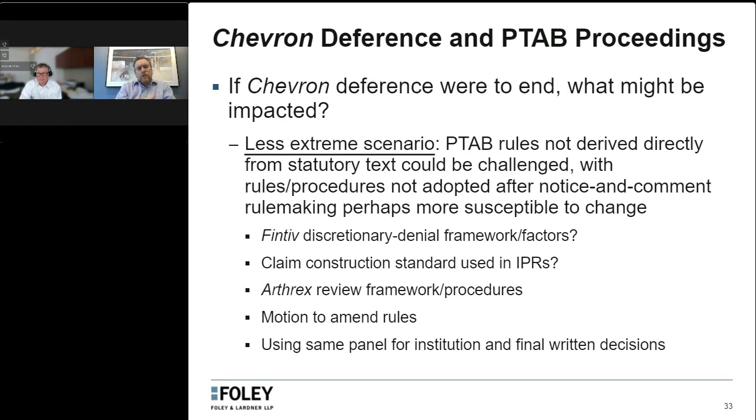We know, as George just mentioned, there's a lot of interest on both sides of the Fintiv discretionary denial framework that's been implemented and is being used to deny some petitions. I'm not sure that George and I see a way that you can get at that even if Chevron deference goes away, because the courts are generally just deciding that they don't have jurisdiction to hear those disputes. So it's not clear to us that would really come into play,